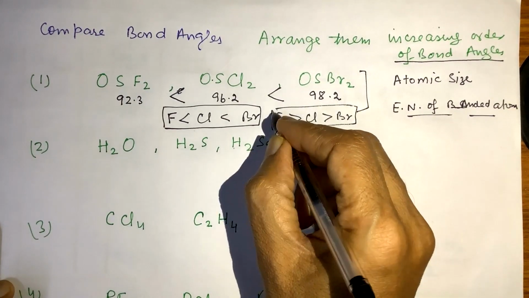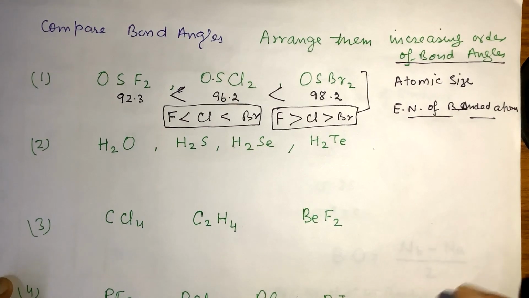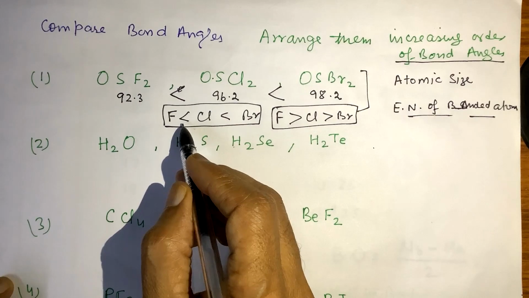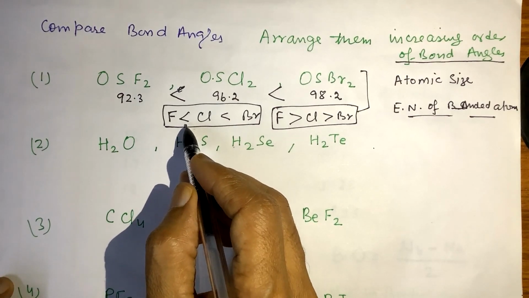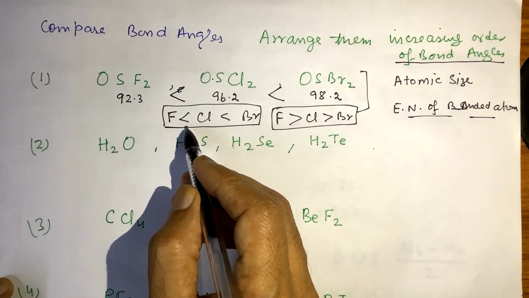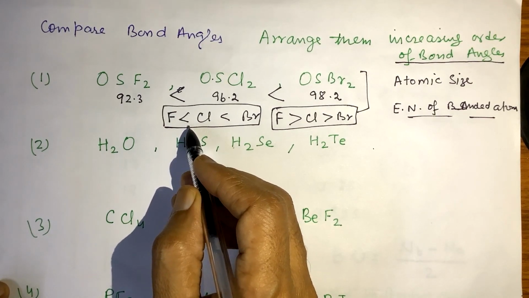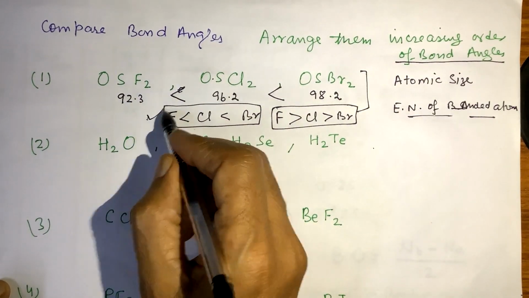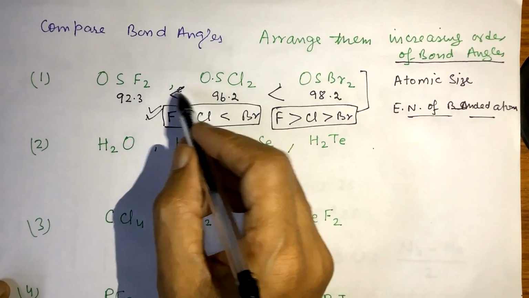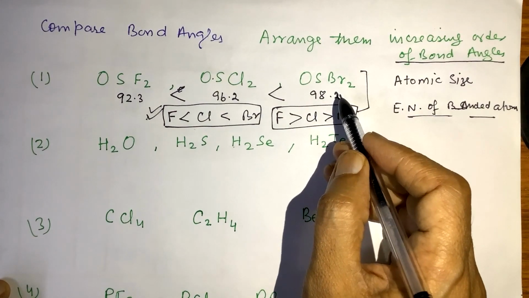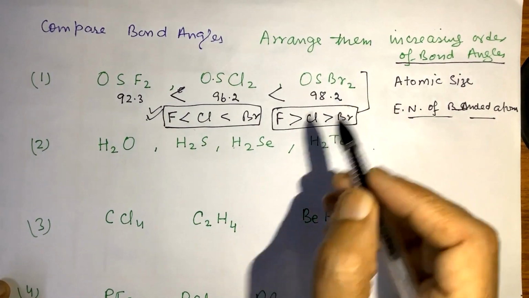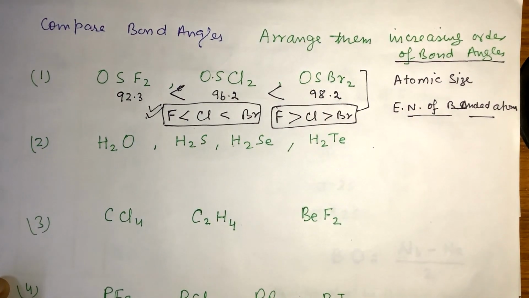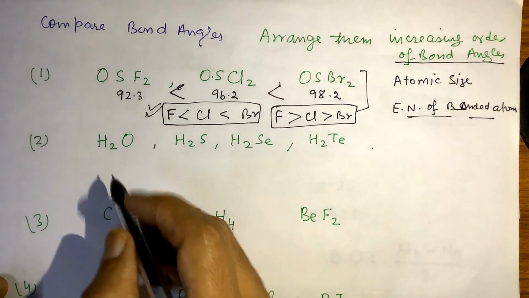So in both the cases, if size is less, then bond angle will be less. So according to atomic size, this trend is applicable, and according to electronegativity also, this trend is justified. Now we come to this question,